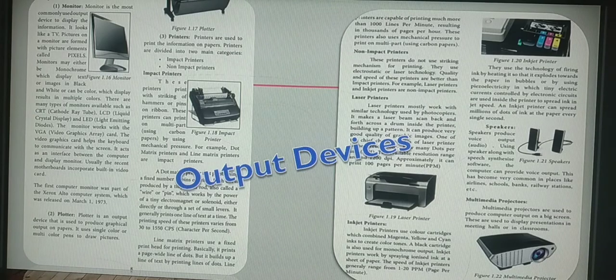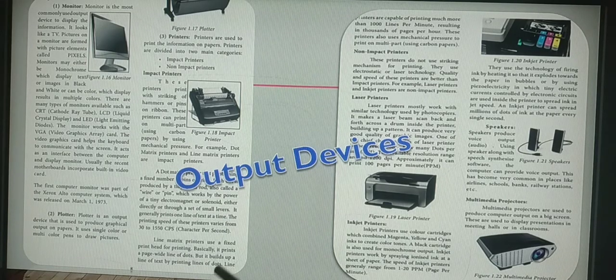Next you are having the plotter. The plotter is only 4 lines for you. Next you are having printers. For example, if in the question paper they ask to write any 2 output devices, you can write any 2 output devices that you have studied thoroughly. Otherwise, there is also a possibility that just by specifying the side heading, they will ask you to write. Just now in detail we finished, write about, explain about multimedia projector. So like that there is also a possibility of asking questions.